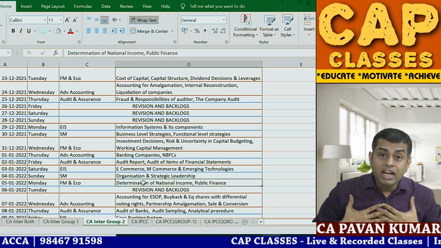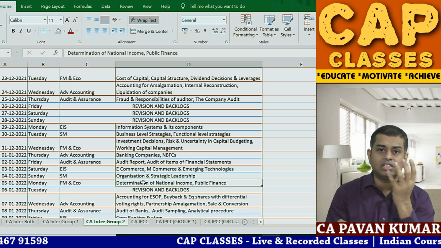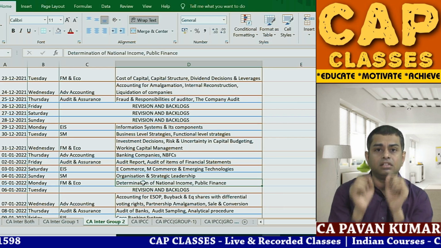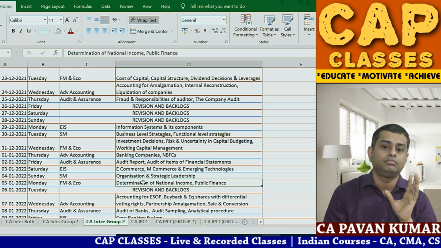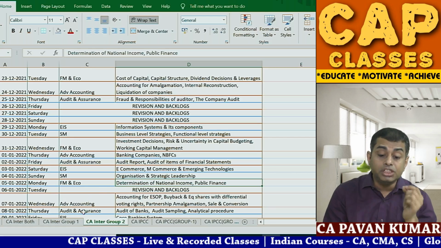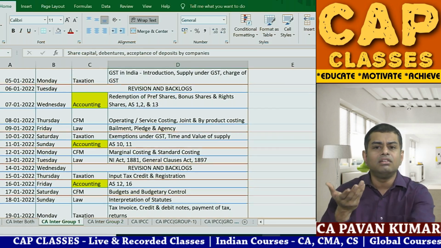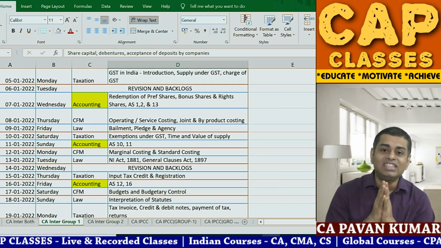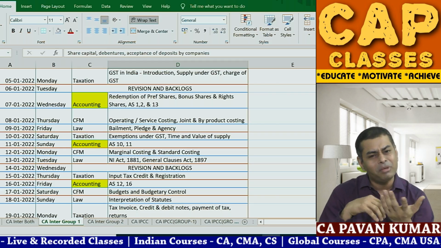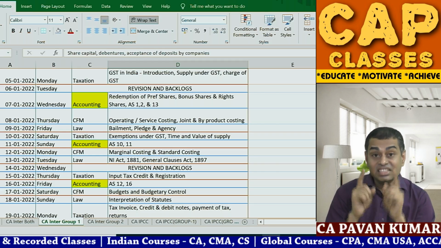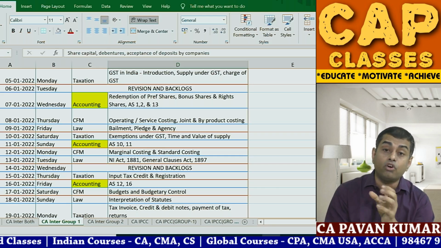So I tried my maximum level best to cut your whole syllabus apple into equivalent and small pieces, to the extent possible, to reduce the stress, because I know how stressful it is to prepare for CA exams. I have written enough exams in my life, but God is kind, I have written all the exams only once. I cleared Foundation, Inter, Final, both CA and CMA in my first attempts, and I got ranks. But still I know the kind of preparation that is required in the backdrop before the exam.